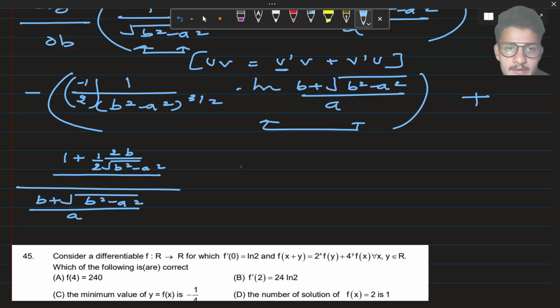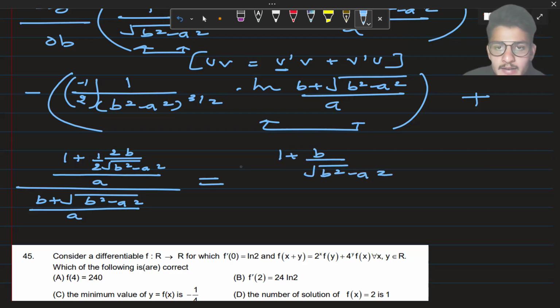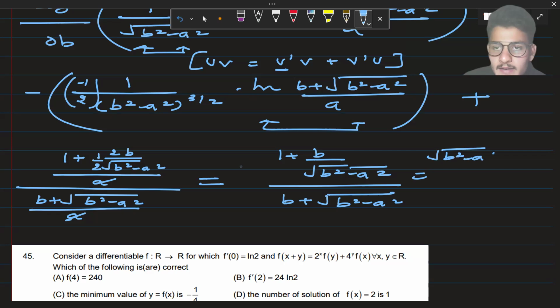And this a will remain the same here because it's a constant. A is treated as a constant because of the partial differentiation with respect to b. Now when we do this, we will receive 1 plus b upon root over b square minus a square, upon a. From both sides it will get cancelled and we will receive b plus root over b square minus a square. And when you solve this also, you will receive b square minus a square plus